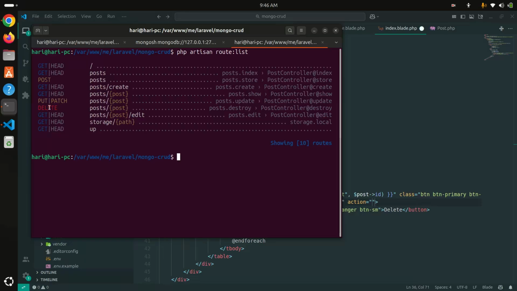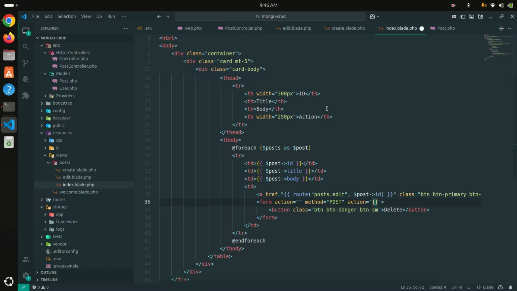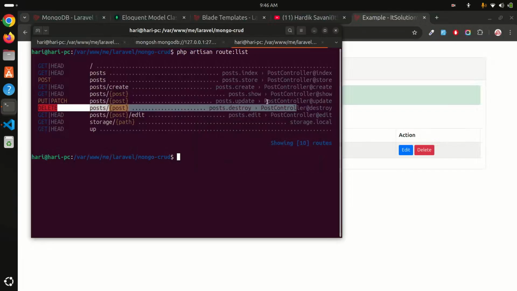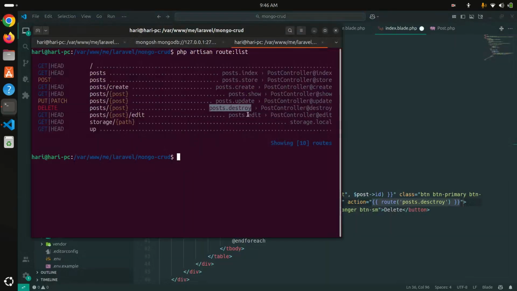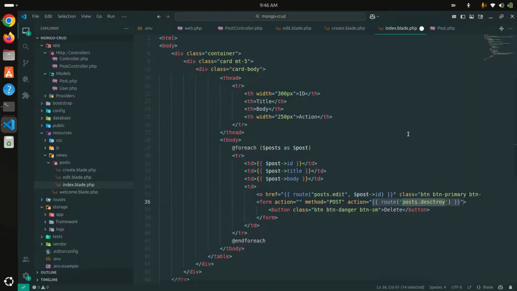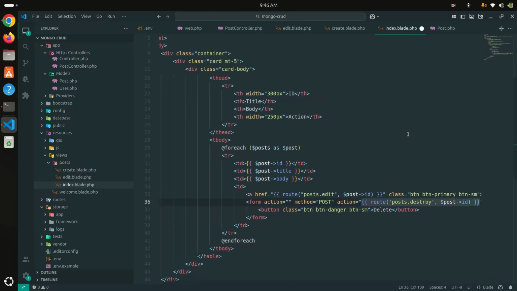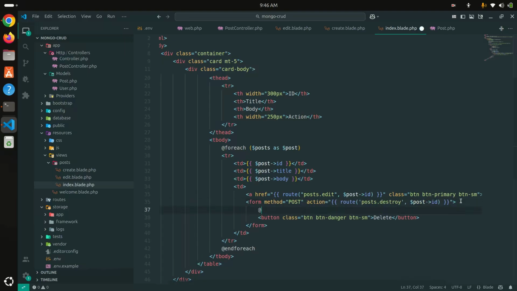So with the resource route you can see over here post.destroy, and there is a controller and destroy method inside the controller. So let me go and define the route. I will just say post.destroy, and maybe spelling, let me correct. Then I'm going to pass the id, post id, and this is all correct. Action, let me remove from this scratch over here, and I will just pass csrf token,